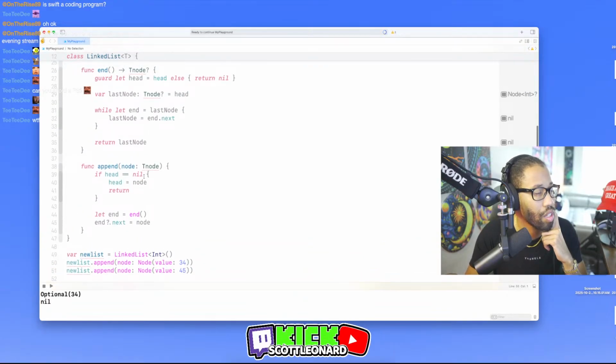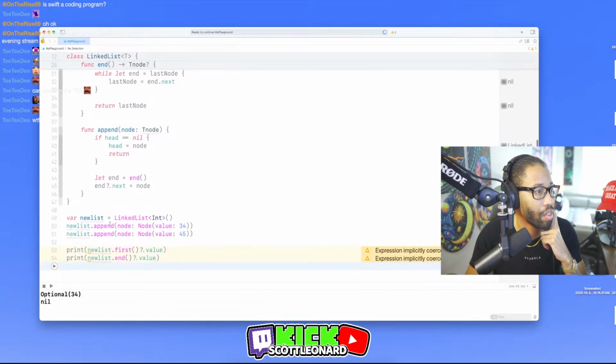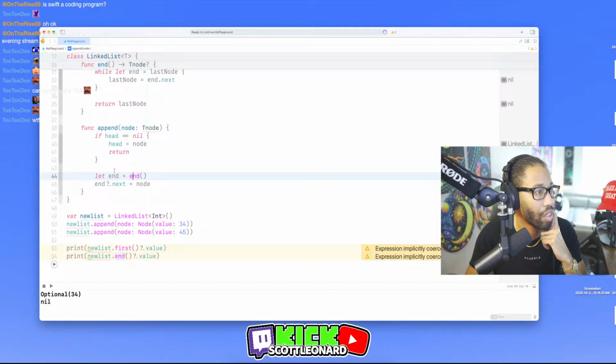If head equals nil, the node we passed in, make it head and return. Okay. That's the first time. The second time, head is not equal to nil. So then we're going to call end, right?